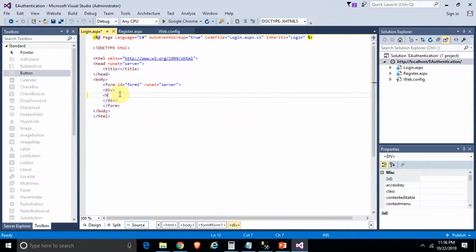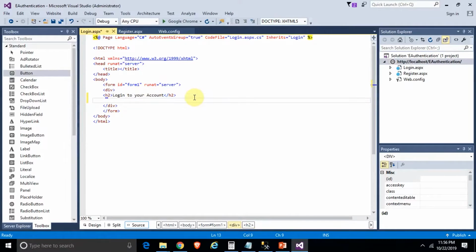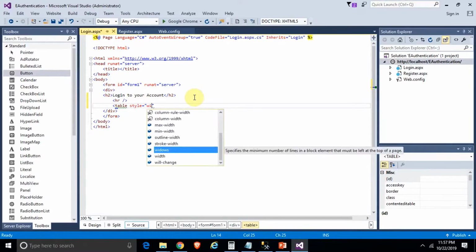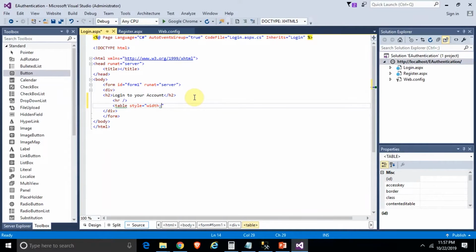So put H2 here, say login to your account, right? Draw a HR. Now we put in the table. We style it. Set width. It's 450 pixel too. So we have these,